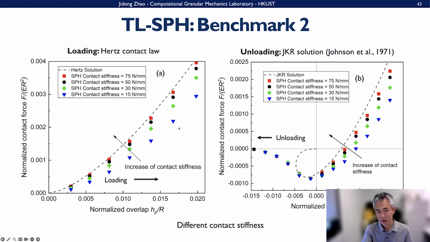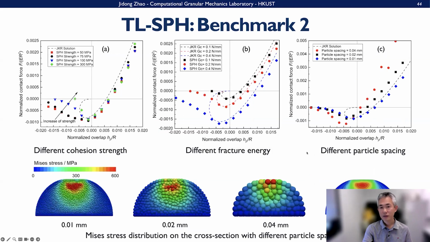So if we use different contact stiffness, how would that approach this Hertz solution here? Okay, this is further, and we compare it to this JKR solution, and essentially we do loading, and then we do unloading here, right? JKR gives us such a curve, and it will be unloaded to 0, but we are going to have a certain overlap remaining, and we unload to this point in our simulation here. JKR has an idealized situation which is not realistic at this part here. And this is a further